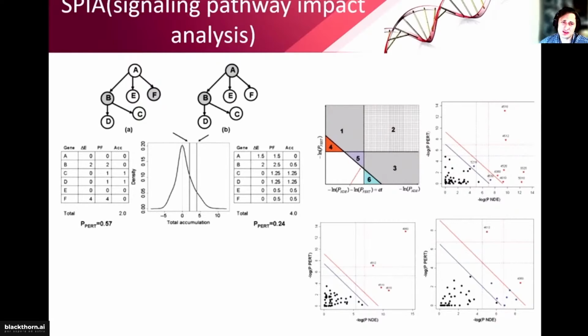And you can see that areas here, like 1, 2, 3, and 5, mean that you have statistically significantly affected pathways. The numbers here are pathways, and the blue and red lines are different thresholds after multiple hypothesis testing correction. The blue one is FDR, and the red is Bonferroni correction. But overall, we have to keep in mind the dependency between some pathways in our datasets and pathway databases.